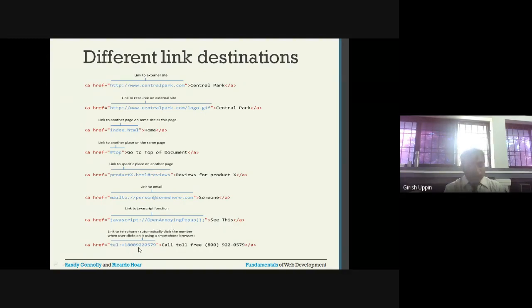And the next one is, let us say you want to place a phone call. TEL, that is telephone, colon. So this will use the appropriate application, and when you click on that, it will open the appropriate application and load this particular number for calling. So you can have a link for all these things. We just want to see the mailto, or JavaScript, where we need to write the script. Right now I don't have a JavaScript. We'll just try this mailto.